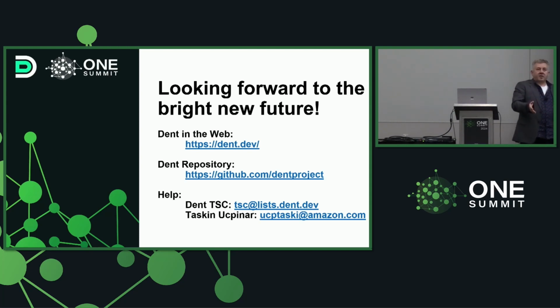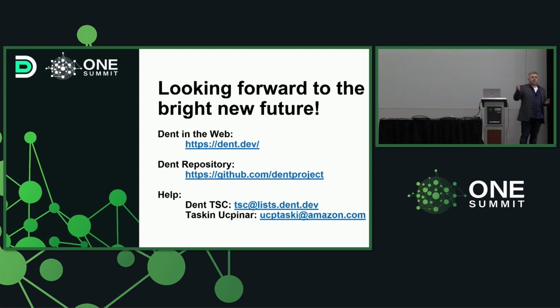There are advantages for Sonic as well. I mean, they do support 1.6 terabit devices. We don't see a need for it. But including the SAI with the upcoming release, if a user wants to download a SAI package from Broadcom to use on, I don't know, a Jericho chip or a Qumran chip, you can. Dent will support it as long as there's a SAI that supports that architecture. And you don't have to change anything in the OS or the command line. I think that's the biggest differentiator.